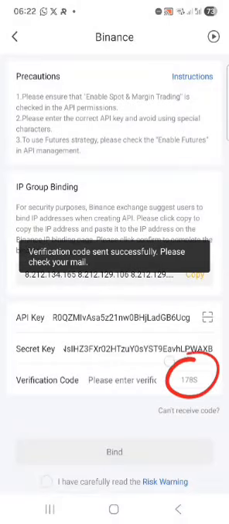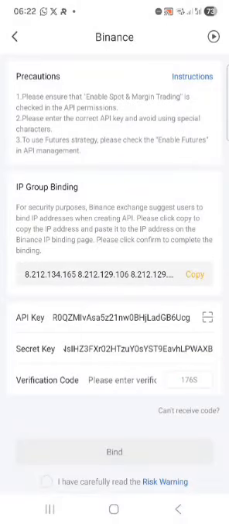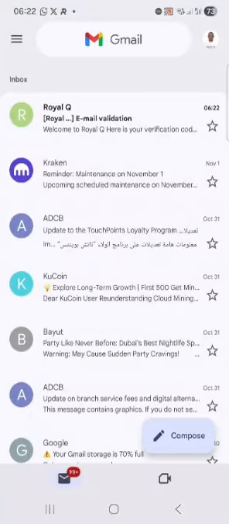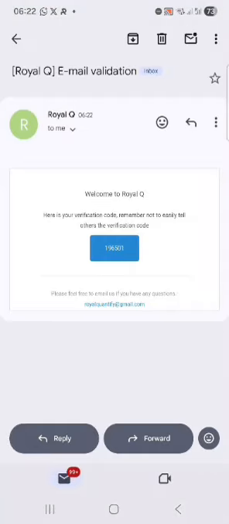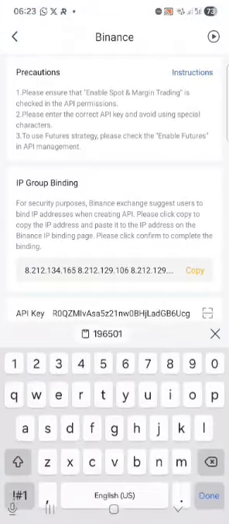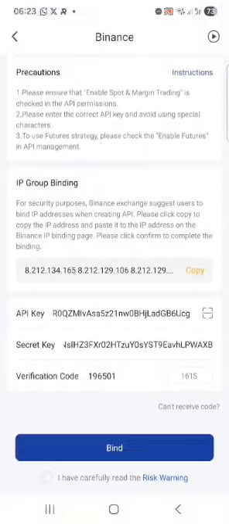You're going to see a small box here having send code. So the moment I tap on send code, they will send me a code in my Gmail. So let me go to my Gmail, and then this is the code. I'll long press and then copy and then bring the code and enter it down here under verification code. I'll enter it under verification code, that is the space, and then after that